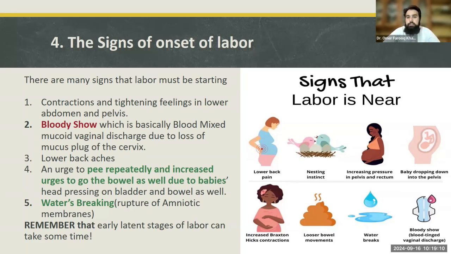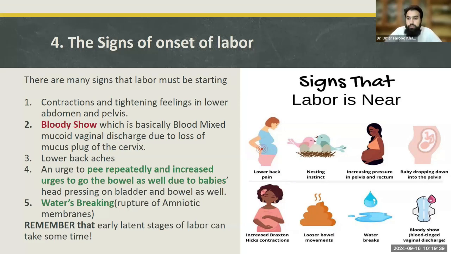So the signs that labor is near, in the infographic diagram: lower back pain, nesting instinct. Nesting instinct is a motherly instinct that she is to become a mother. So she has a nesting instinct. She wants to protect her child. She wants to raise a child. So all of the love hormones are rushing in her body. All of the love hormones and caring hormones are rushing in her blood to welcome the newborn,